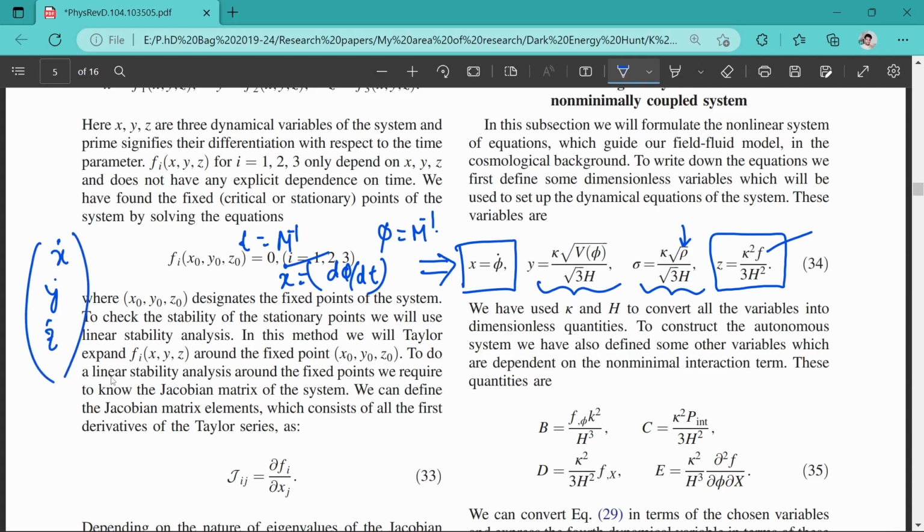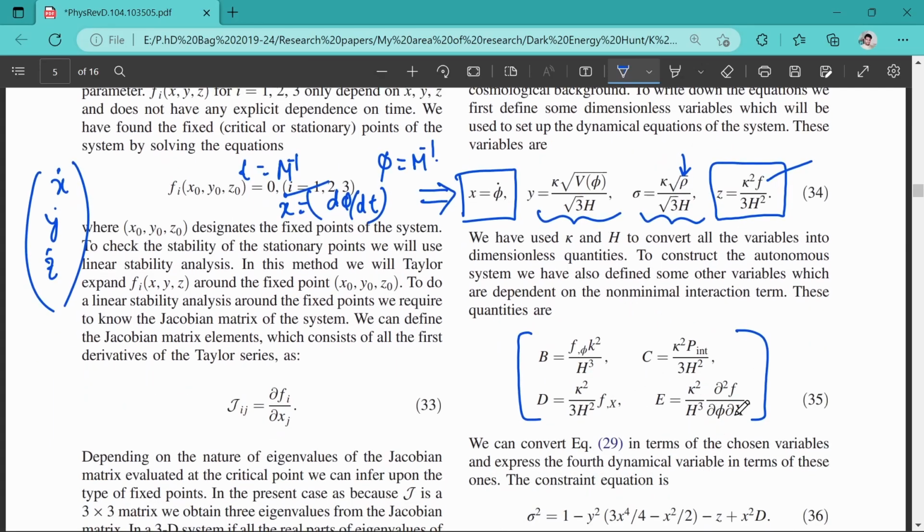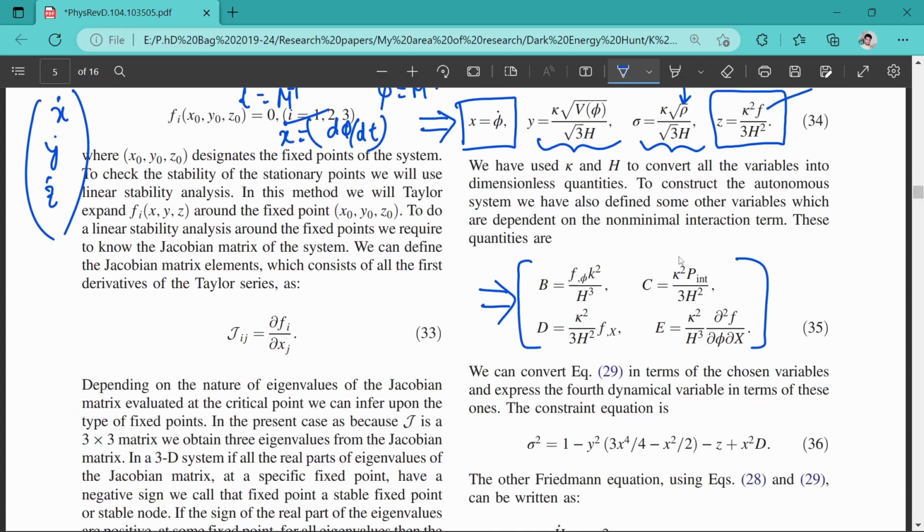In order to do that, you have to define these parameters again, and these parameters consist of different derivative terms, and you don't have to think too much, because these terms can easily be expanded in terms of x, y and z. So there is nothing difficult. Now again you have to take the derivative of the potential, and in this case the derivative is defined like v over v of 3 by 2 and some kappa. So we have already defined it.